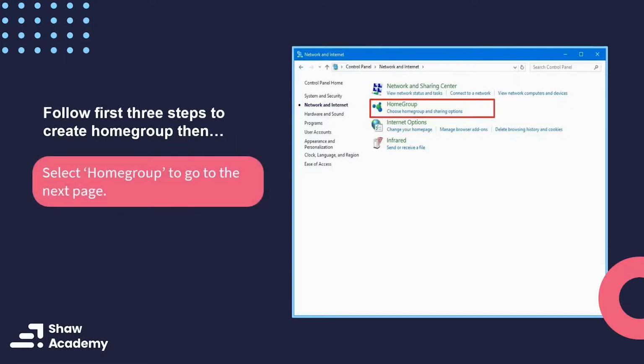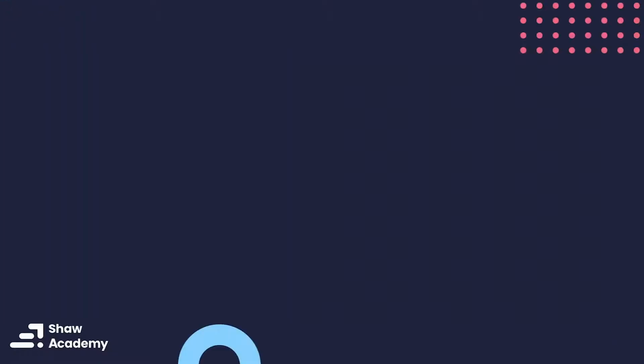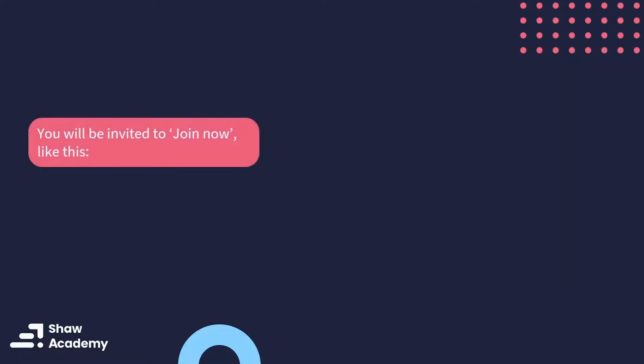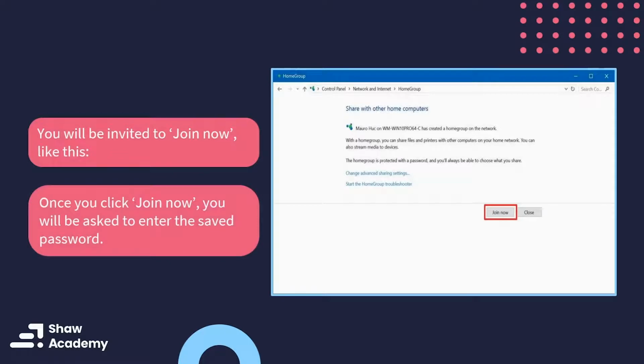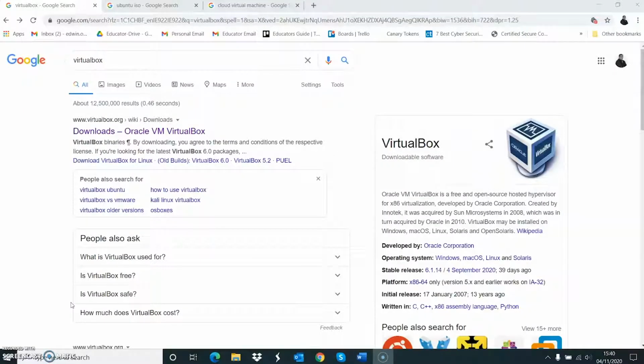Repeat the same first 3 steps as for creating a home group. Open the control panel, click on Network and Internet, then scroll down to the home group. Choose Home Group. You will be invited to join now. Once you click on Join Now, don't forget to enter the saved password. And that's it. And for the lab exercise, I'm actually going to show you how to carry out visualizations using